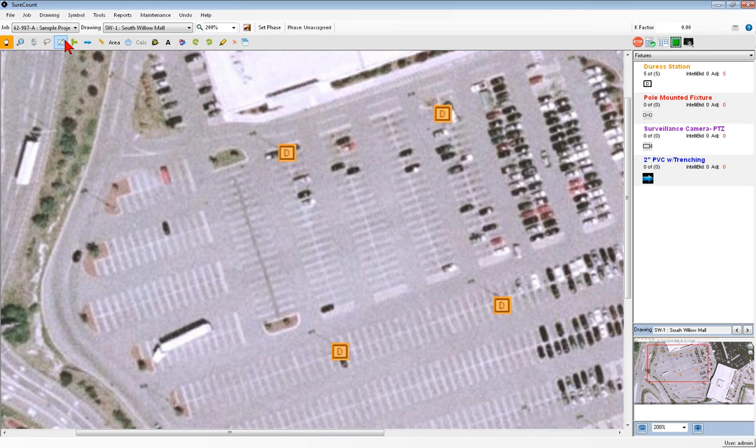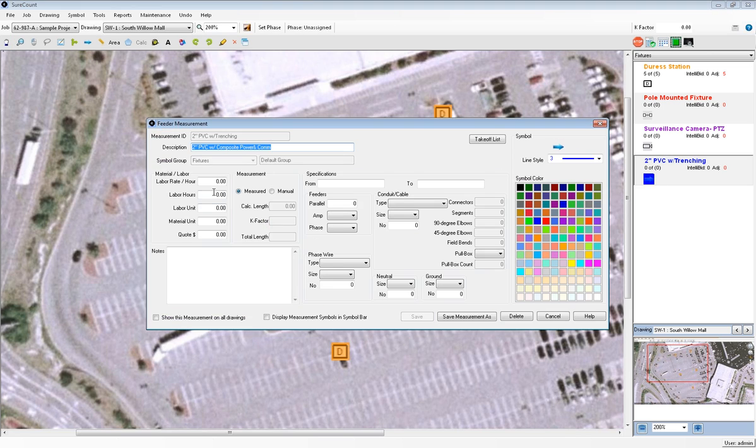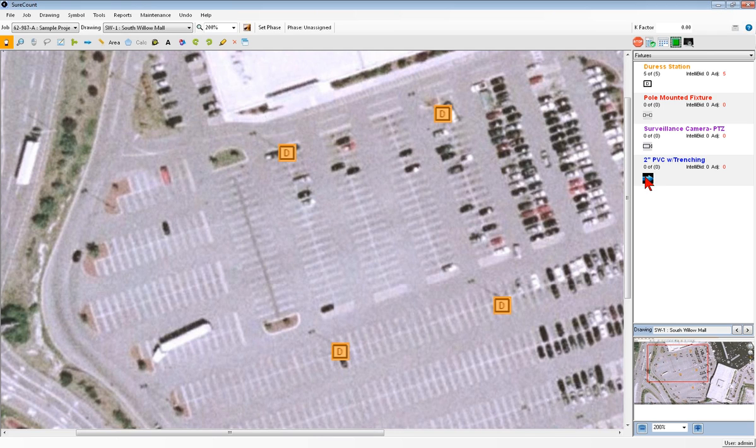Now, in the toolbar on the top, I've actually gone and used this option to create a feeder measurement, and just to save some time, I've already created it. It's a 2-inch PVC with trenching, and I'm going to keep track for my power and the communication cable that I'm going to install inside that 2-inch PVC. I'm going to draw a line so I can choose a color and a line weight, and then simply save it over here on the right-hand side. And then zooming out of this drawing,